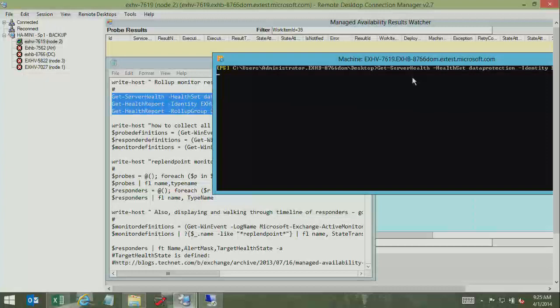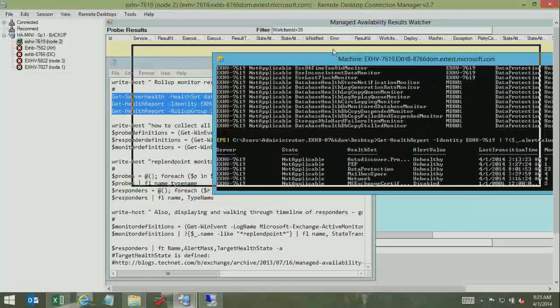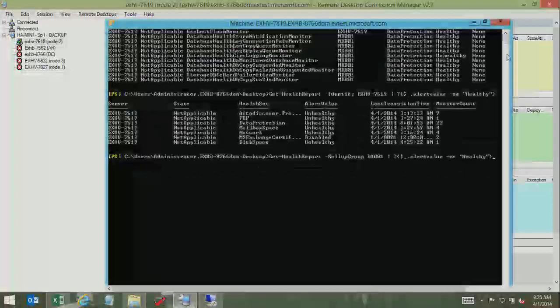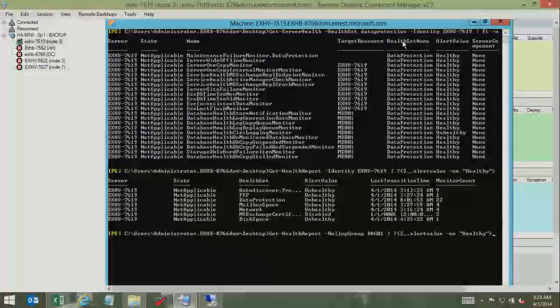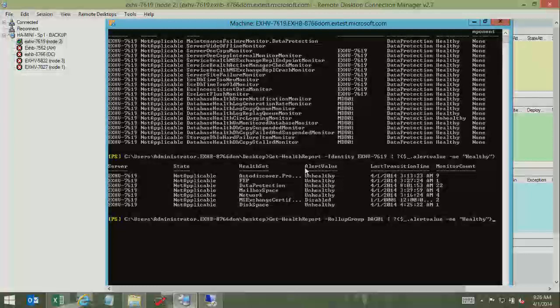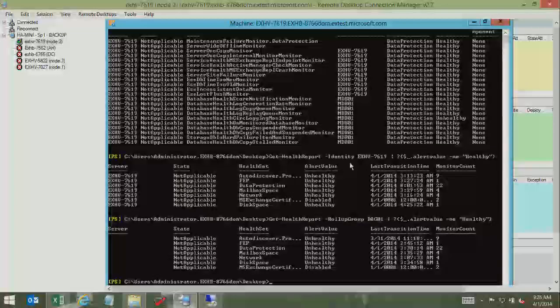So first of all, how do we evaluate the health of the server? I just ran Get-ServerHealth with the health set DataProtection. And as you can see, it only displays that many monitors. By the way, one of them is unhealthy, and I might guess I know why, because I didn't set circular logging on one of my test databases. That explains why. Now, Get-HealthReport shows you the output of all the health sets for the server,